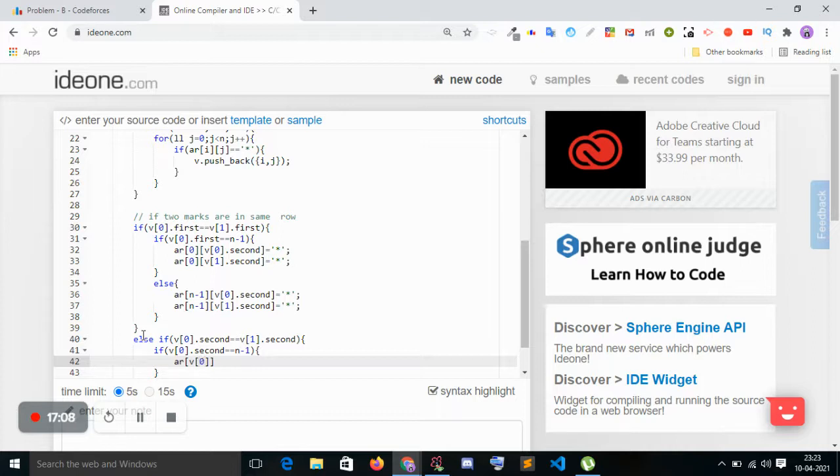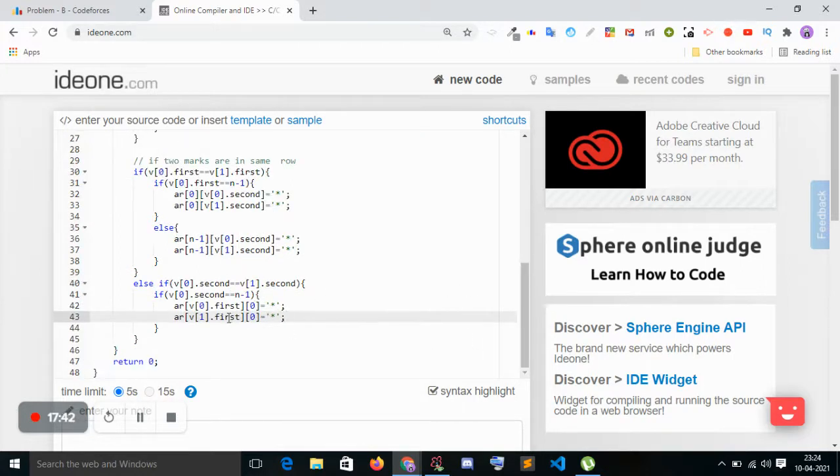So v0 dot first, you can imagine it is 0. Same here, array v of 1 dot first and 0. So v1 dot first is very similar.